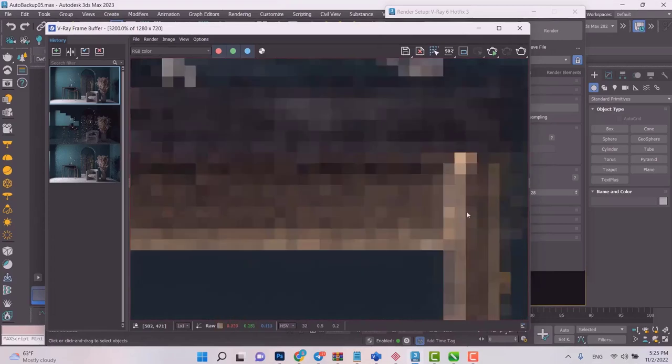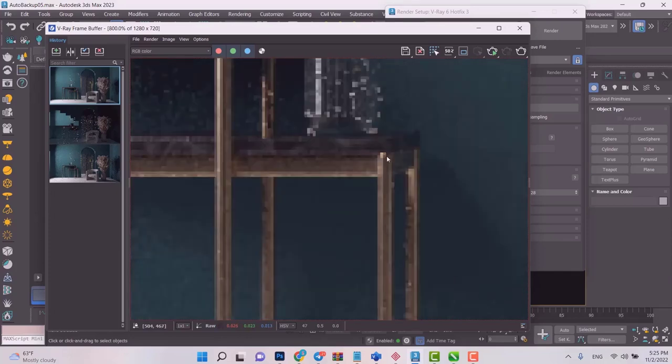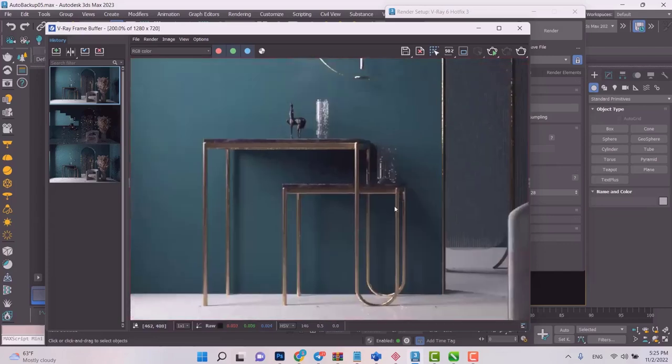For example, we have the collision of different colors and shapes, maybe here. Okay, so we have different pixelated colors, different shapes, and this area is a lot more complicated than the green wall that we have in the other parts of our image. Okay, so this area here needs more calculations, needs more data collection, and with that minimum and maximum subdivision we can determine how many data samples we need collected from these areas.